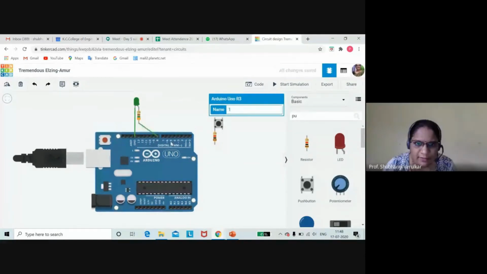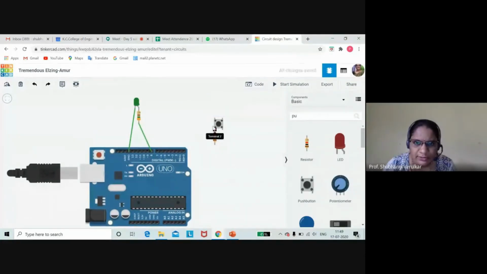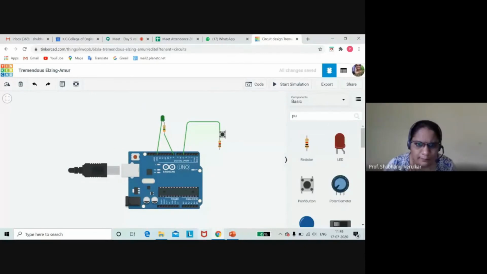Then connected to pin number 5, you can connect it to any pin. Connected to ground.